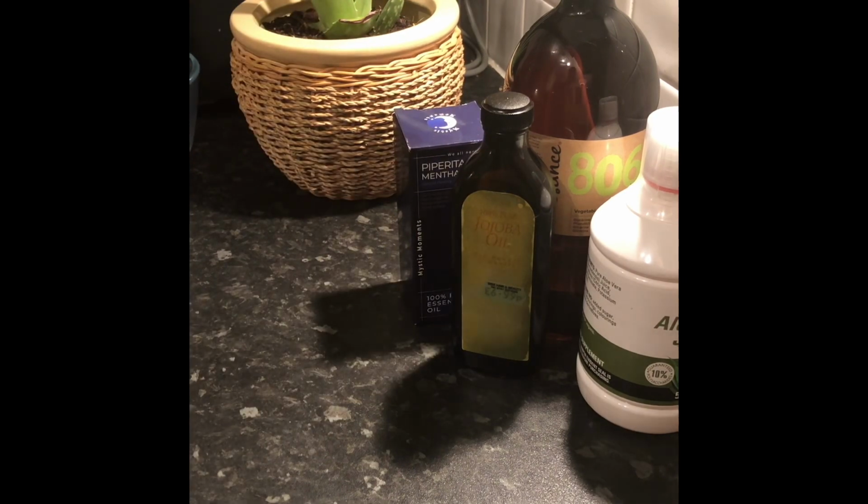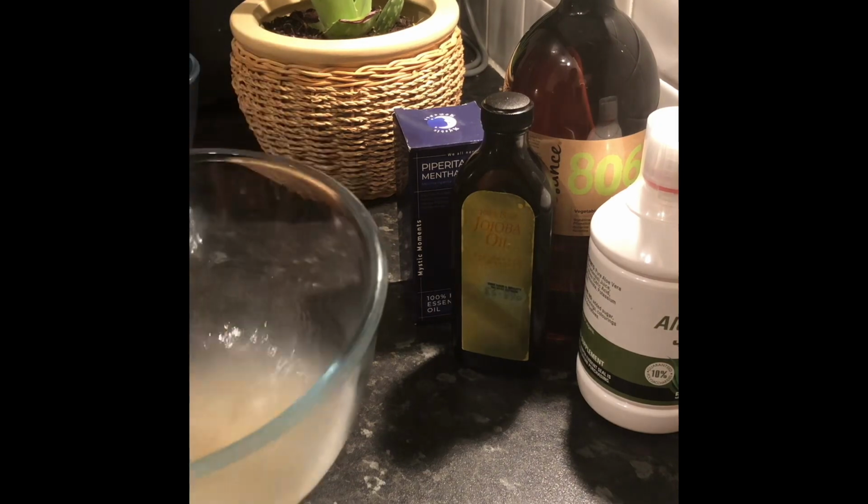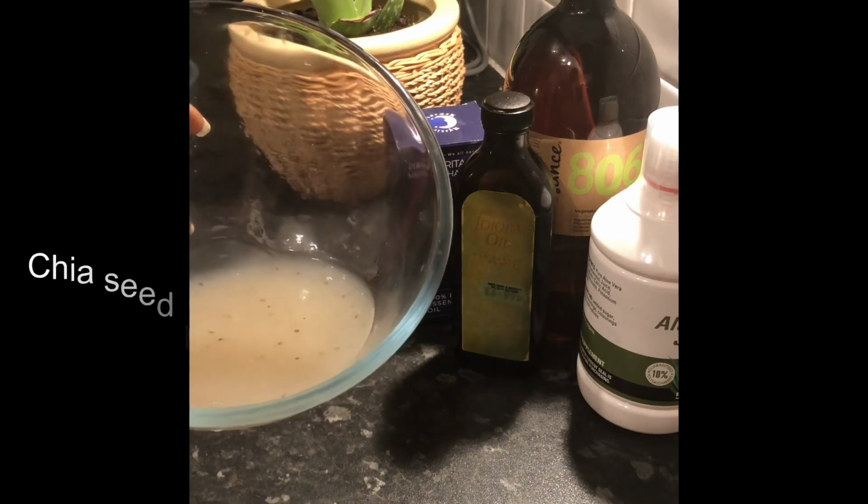And then last but not least, something to just thicken it with. I know some people prefer to use aloe vera gel when they're making their leave-in conditioners, but because I'm using aloe vera juice, I always like to use something that's going to thicken it a little bit. And my choice is just some homemade chia gel,